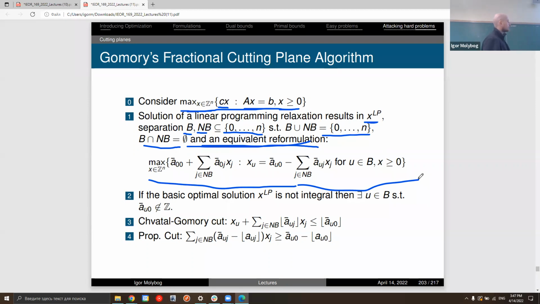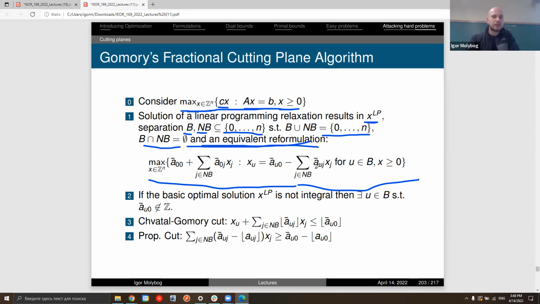But long story short, you can always come up with a solution of an LP such that part of the variables are equal to 0, and the other part is not equal to 0, right? And those are called basic and non-basic variables. And this leads us to basically a set of equivalent... Okay, not going very far into details. I just have to say that